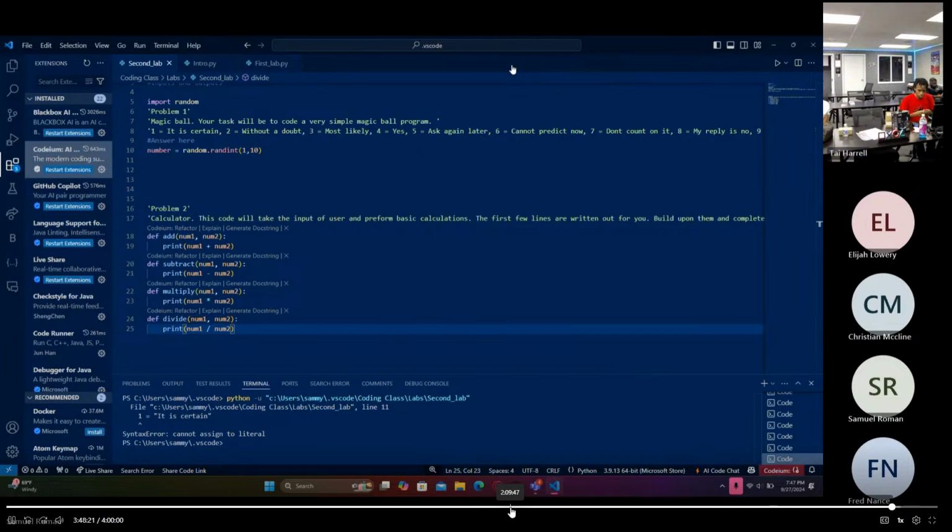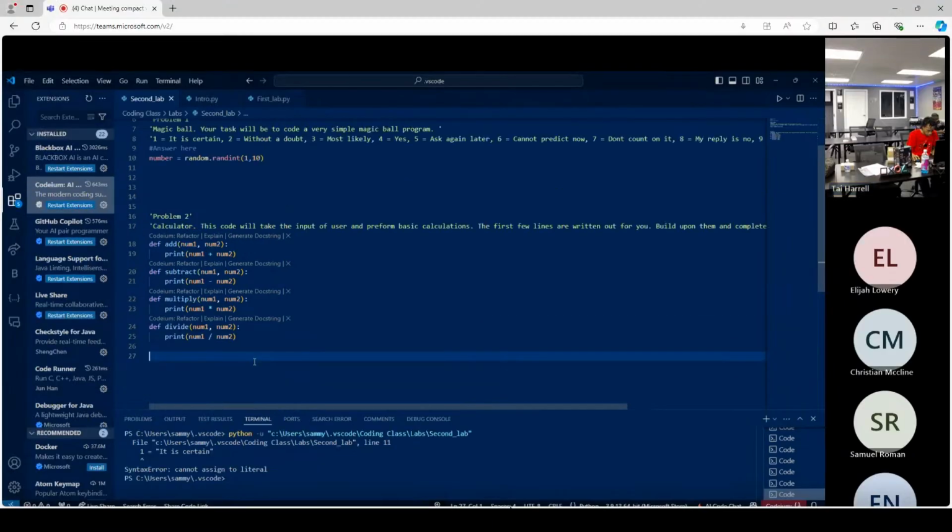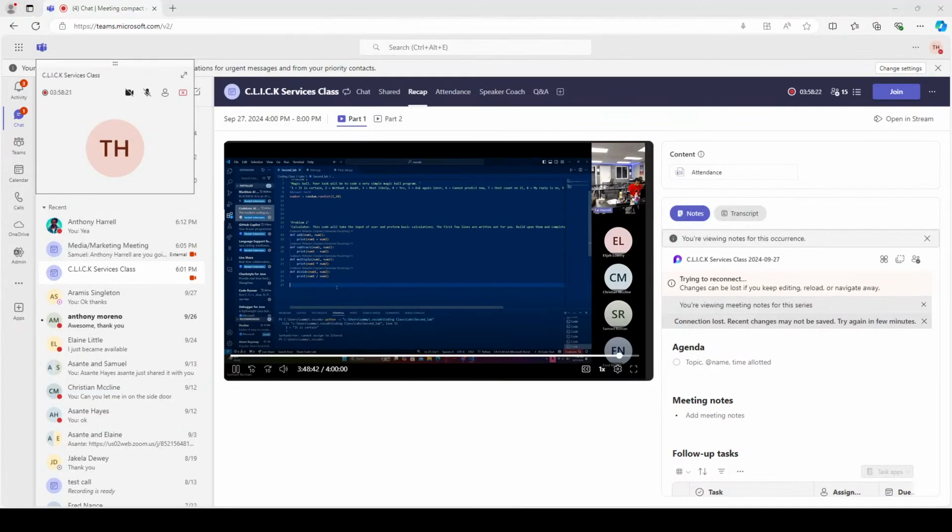Okay, we'll just continue on so that we can start wrapping up soon. So now we have our core functions of what we're going to be doing. Now what we want to do is try to get the user